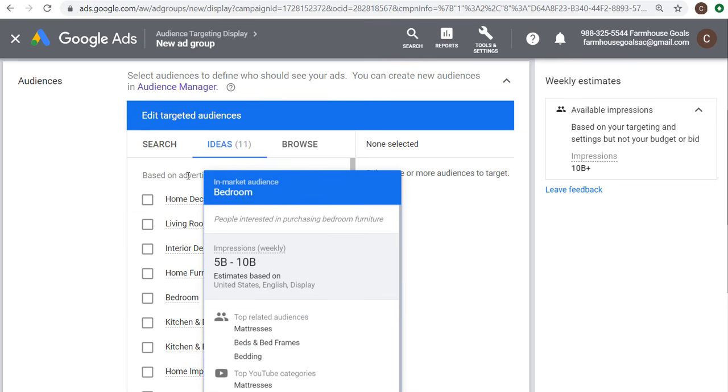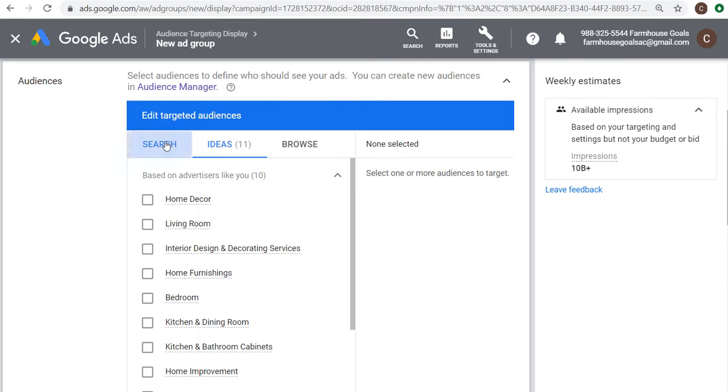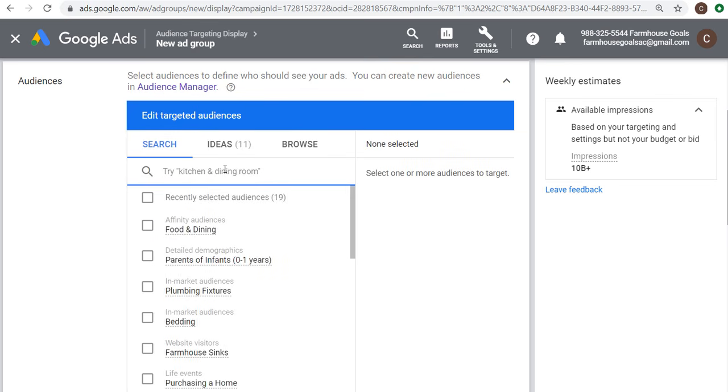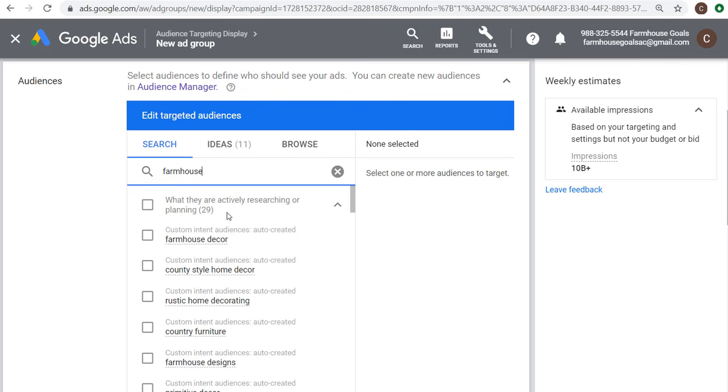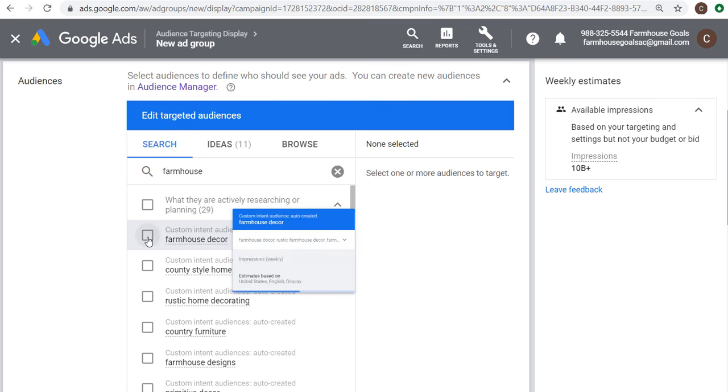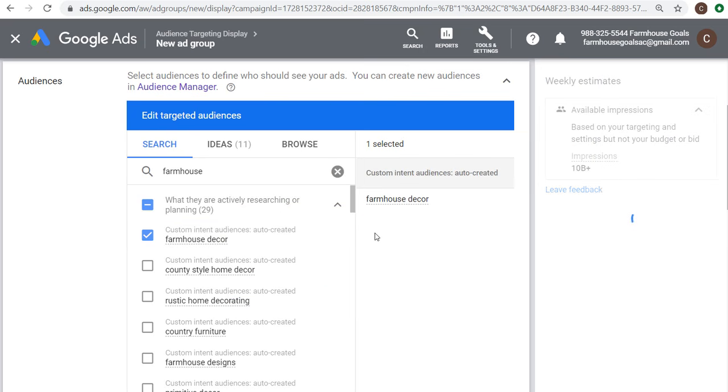Now the other thing you can do is, if you're not looking for anything specific, you can come in here to search, and I can just search farmhouse, for example, and we can see what comes up from the list. And you're going to see one of the main things that comes up is an auto-created custom intent audience for farmhouse decor. So I could target this audience right now, set this up as my ad group, and you're